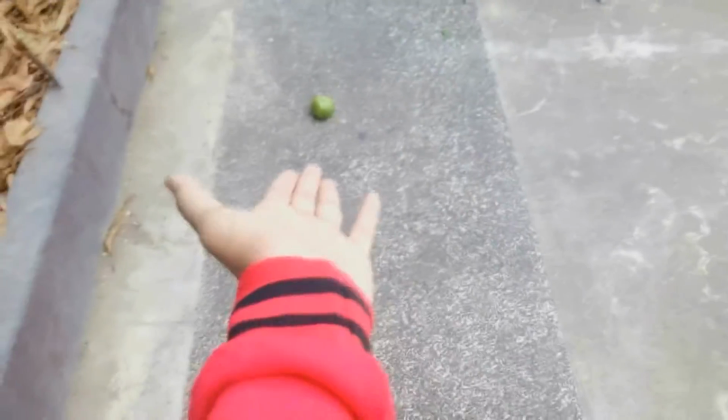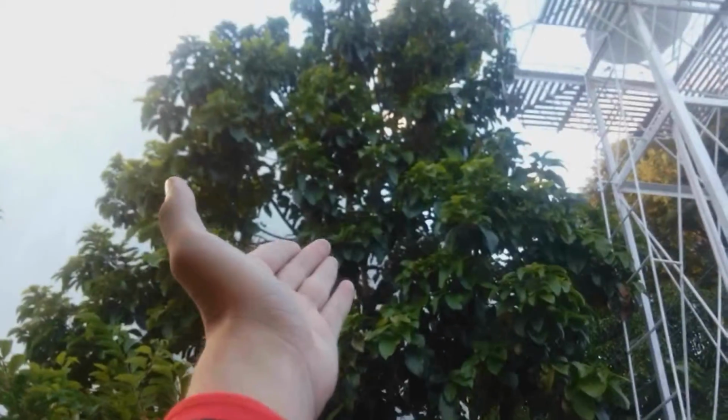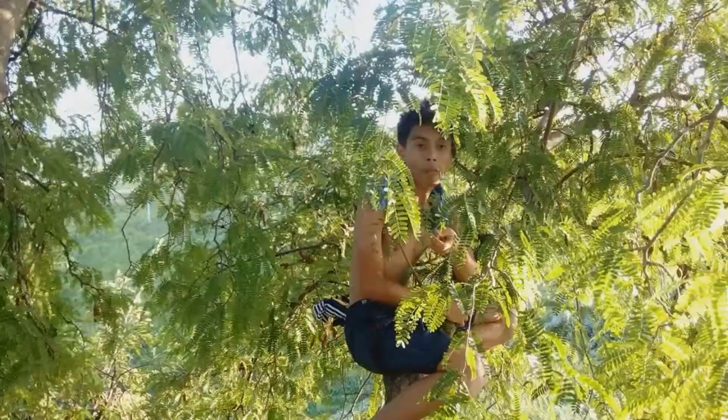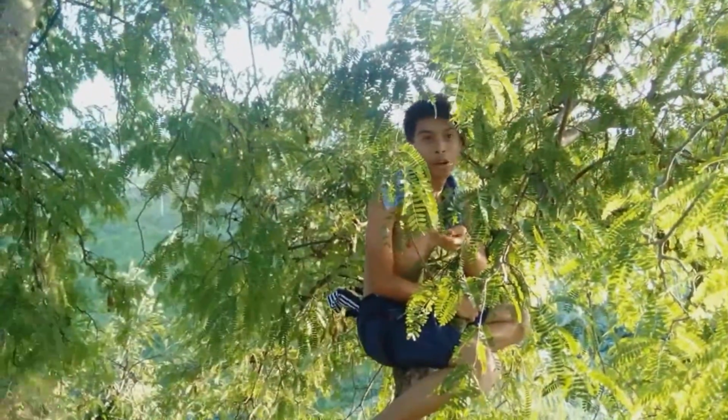Now I'm going to show you a few examples of foods that are rich in potassium. For example, guava, mango, avocado, buko, fish, egg. This is tamarind, full of potassium. And especially, also you can find potassium in